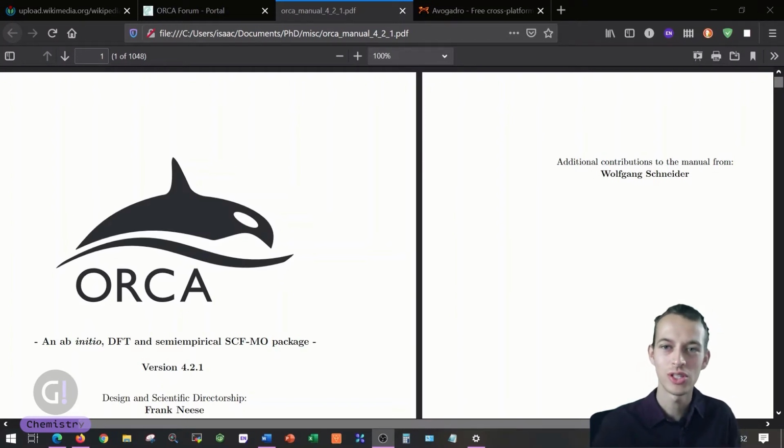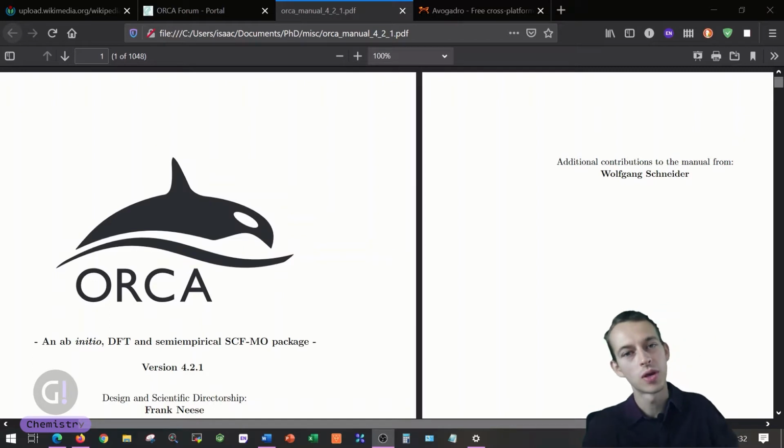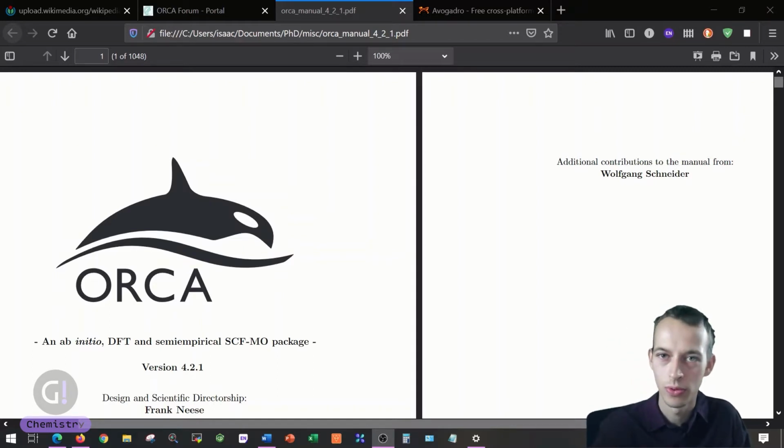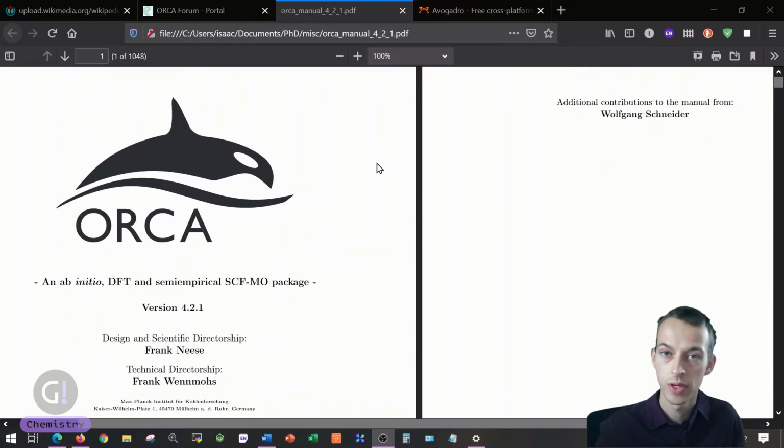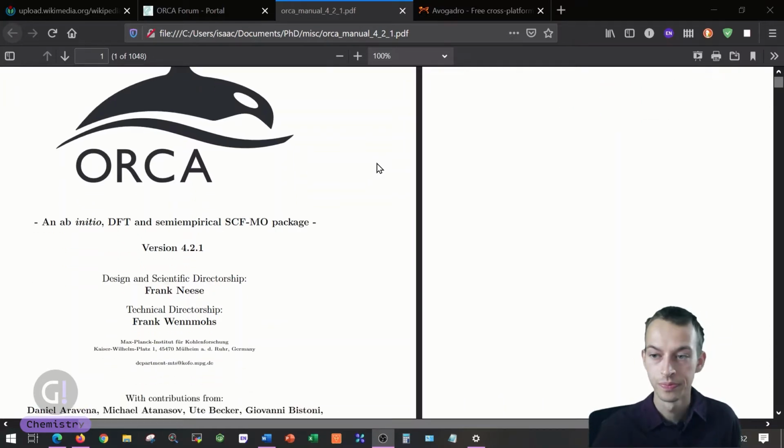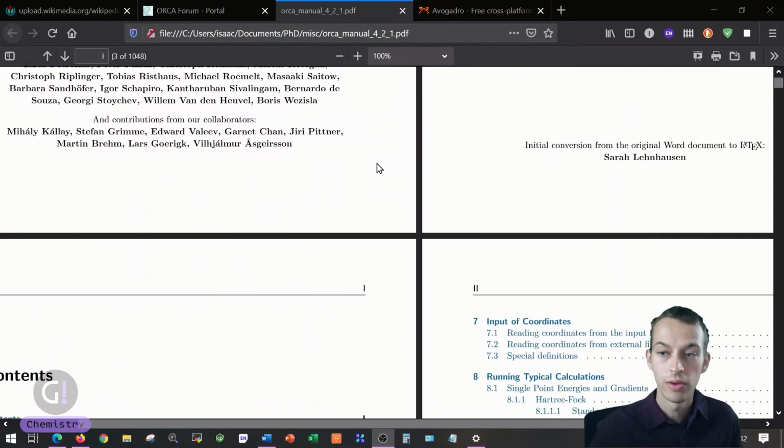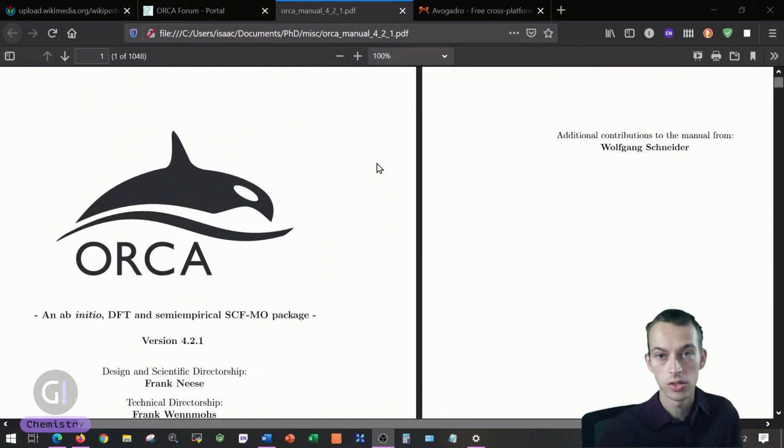I'm going to show you just how easy it is to run a quantum chemical calculation on your laptop or computer. Okay, so let's jump straight into it. We're going to be optimizing the geometry of a single water molecule today, and to do that we'll be running a Hartree-Fock calculation in the Orca program. Now, Orca is a freely available, open source quantum chemistry package that you can download for Linux, Mac, or Windows like I'll be doing.